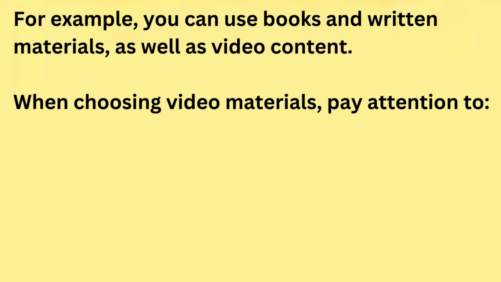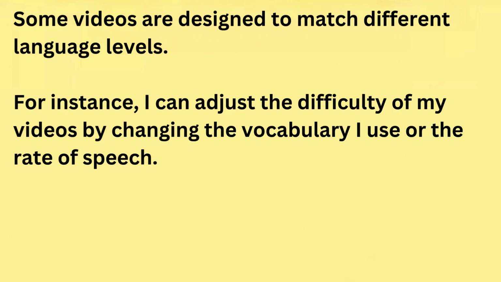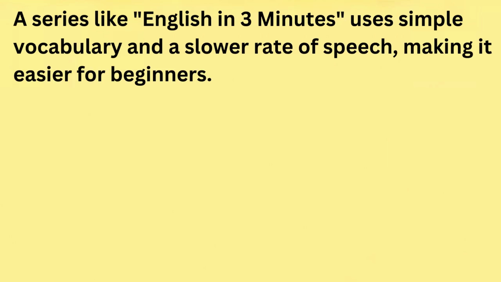When choosing video materials, pay attention to the level of vocabulary used, who the content is intended for: children, young adults, adults. The speed of the speaker's speech. Some videos are designed to match different language levels. For instance, I can adjust the difficulty of my videos by changing the vocabulary I use or the rate of speech. A series like English in 3 Minutes uses simple vocabulary and a slower rate of speech, making it easier